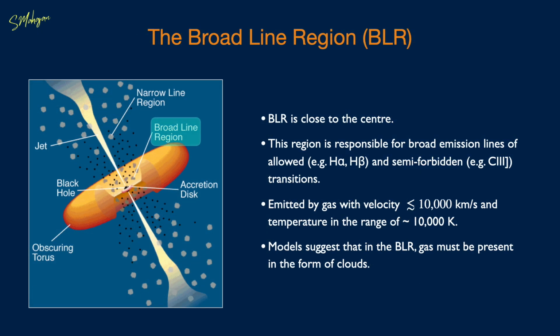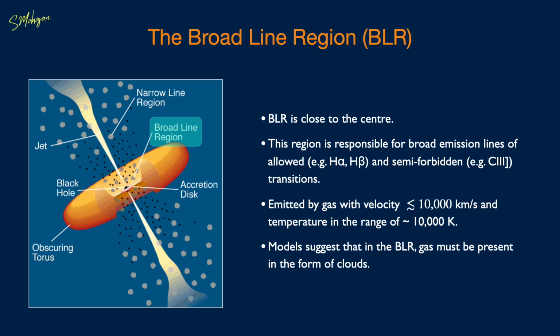The broad lines observed in the AGN spectrum are created in the broad line region close to the center of the galaxy. The width of these lines cannot be due to thermal broadening because the typical widths observed would require temperatures of the order of 10 billion Kelvin. But at such temperatures, all the atoms will already be ionized, so no emission lines are possible. Therefore, assuming the lines are Doppler broadened, the gas emitting these lines must have a large-scale velocity of around 10,000 km per second. Such high velocities imply a strong gravitational field in the vicinity of the gas and are therefore considered evidence in support of the presence of a supermassive black hole at the heart of AGN.